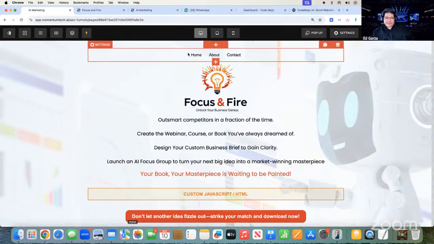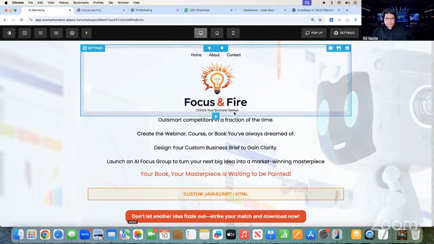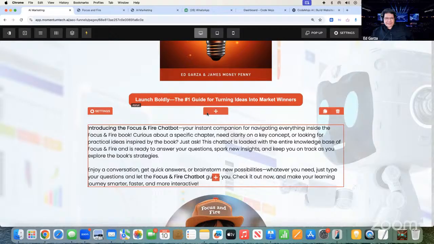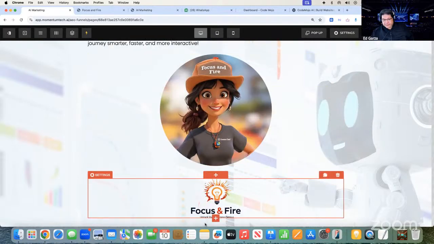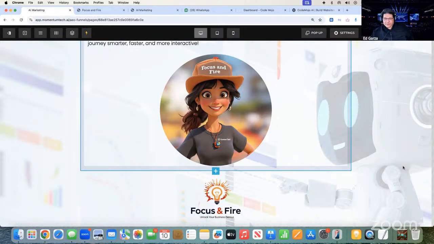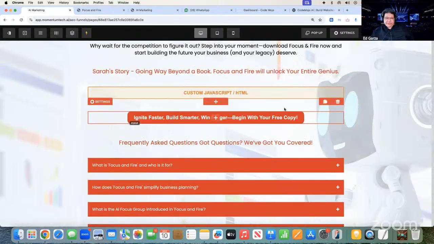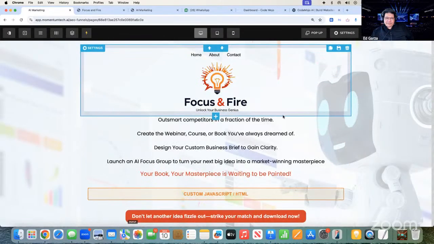You can customize this however you want. You could put this wherever you want. Maybe you want it down here, right? You want it here. Maybe you want one in the footer. So you can put it in the footer also, which is a good idea and good practice, right? Down here, right? As well. Cool. So that's how you can build an entire website, which is pretty cool.